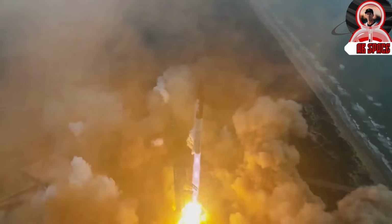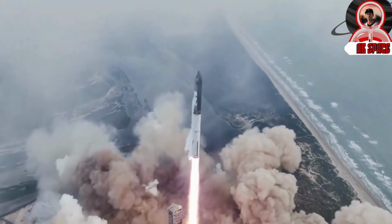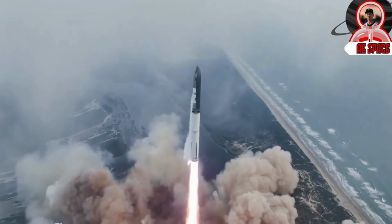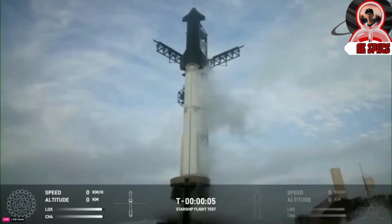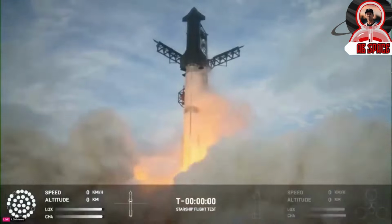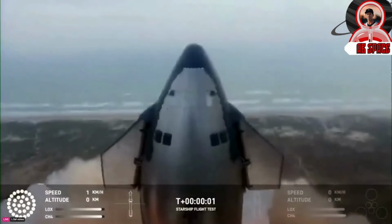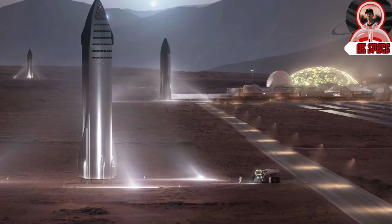On March 14, SpaceX's Starship embarked on its third test flight from the Starbase facility in South Texas, marking another significant milestone in the development of what is currently the largest rocket ever built. This flight was particularly noteworthy for its demonstration of orbital velocity achievement and other key capabilities that are crucial for future lunar missions, especially within the framework of NASA's Artemis program, which aims to return humans to the Moon and